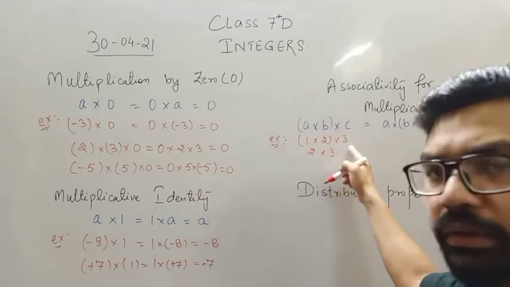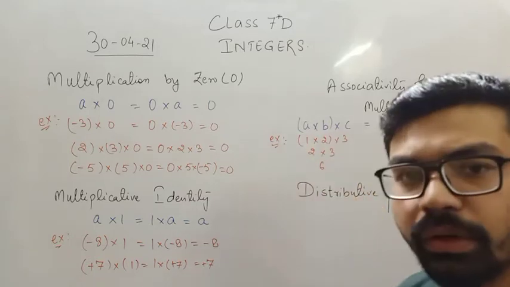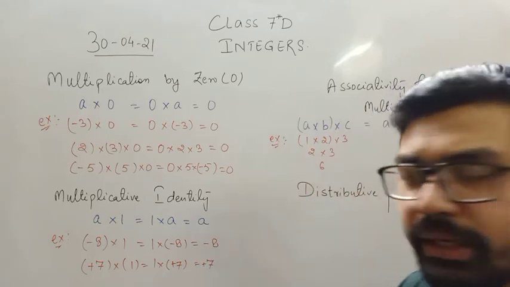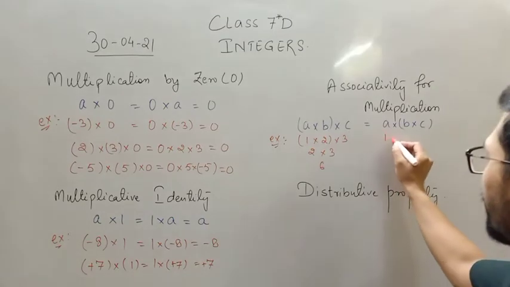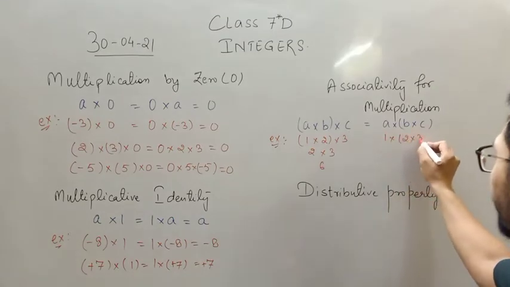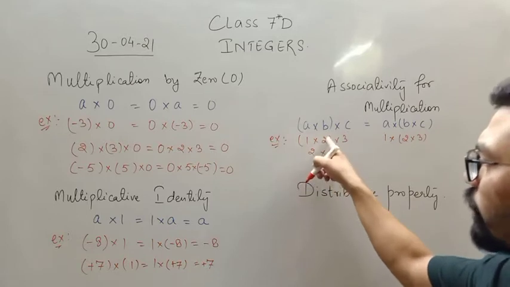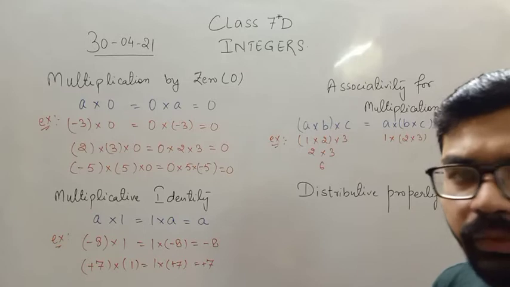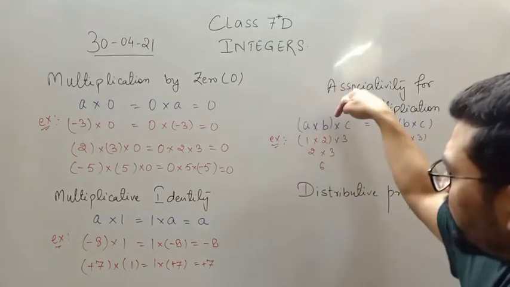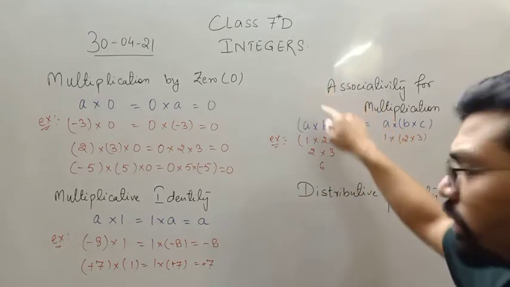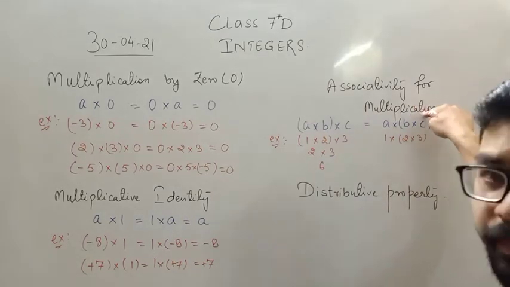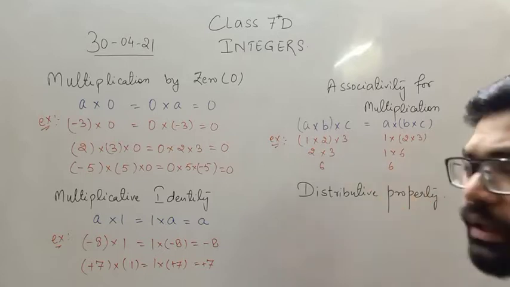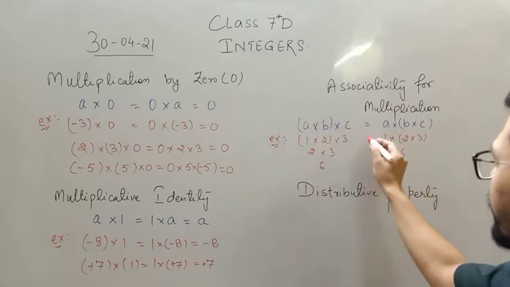When I multiply it with 3, what I'll get? 6. So in LHS, I get 6 as a result, right? Now, let's say I've just multiplied. So earlier I just put 1 and 2 in the bracket, or I can say earlier I just grouped 1 and 2. In LHS, I just grouped A and B, but in RHS I just grouped B and C. Now again 1 into C, 6.